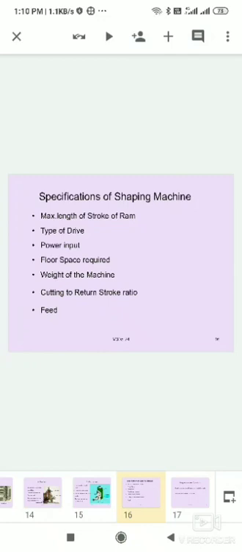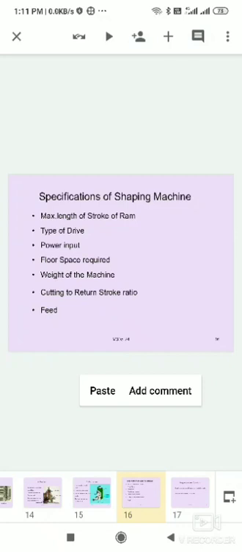Feed in shaping is the relative movement of the tool or work in a direction perpendicular to the primary cutting motion axis of reciprocation of the ram per double stroke, and is expressed in mm per stroke. This is the feed. Depth of material is also different, and cutting speed is different.